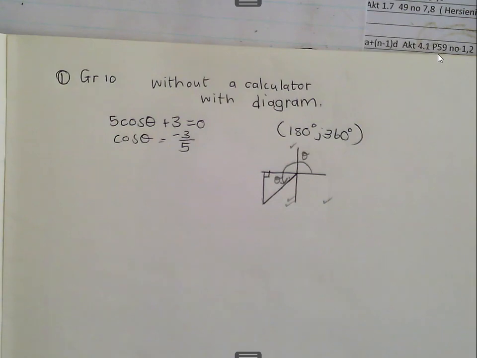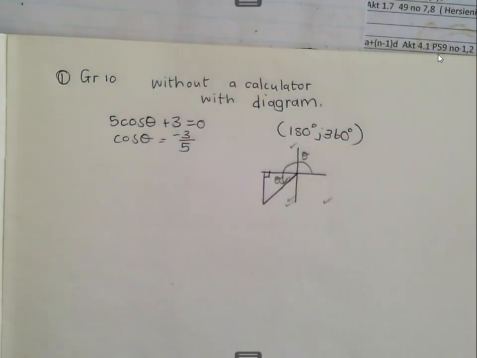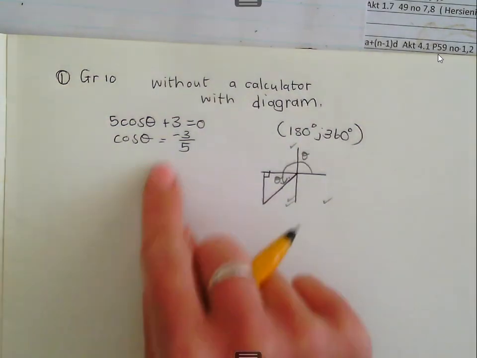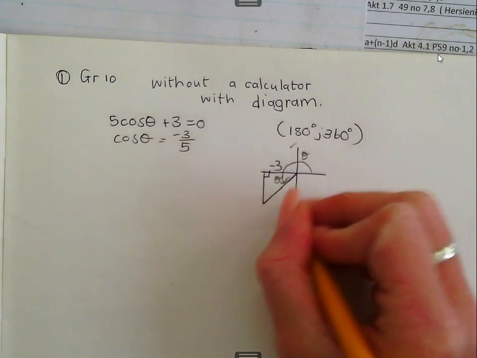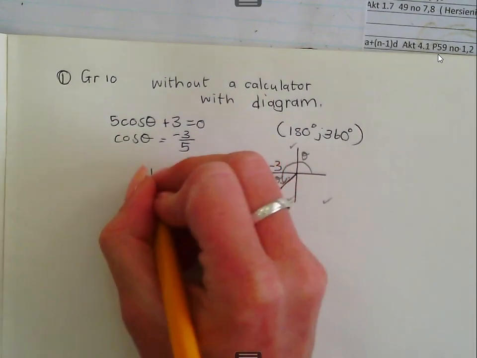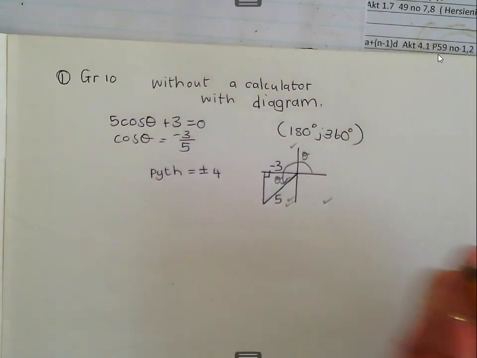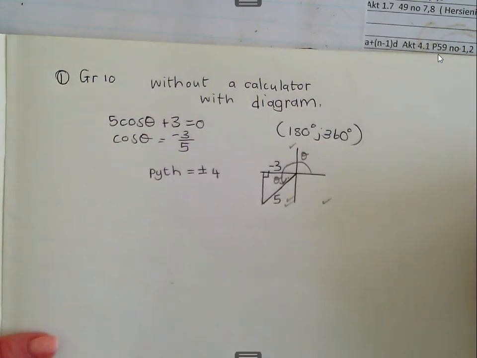They repeat. It's the same over and over and over again. It's one at the top, one at the bottom, one at the top, one at the bottom. So the only thing that can differ is the signs. It's the same values all the time. Right, so those signs that can differ are sorted out when you draw it in the right quadrant. So when you fill that value in, cos is adjacent over hypotenuse. The hypotenuse, the radius, is always positive. And then you're going to do Pythagoras to find the third side as plus minus 4. Now you have to determine whether it's plus or minus by looking at where that line is. It is going down, therefore I know it's negative 4.